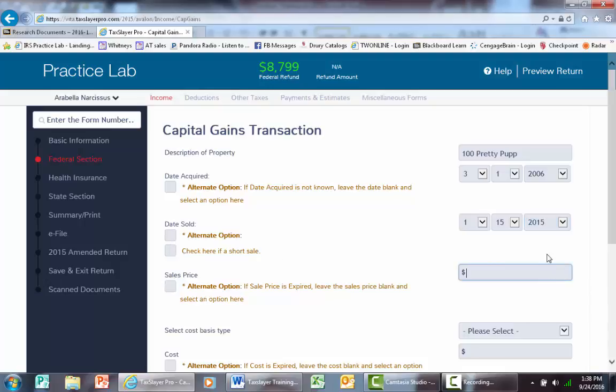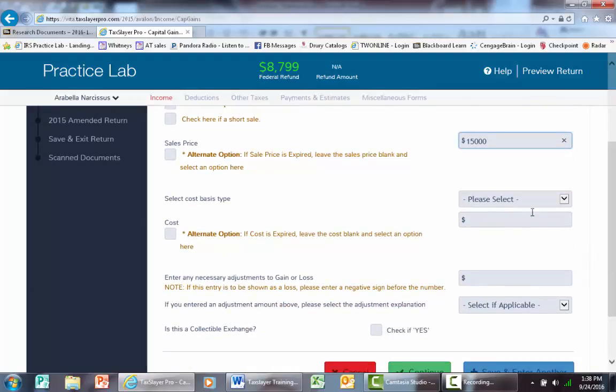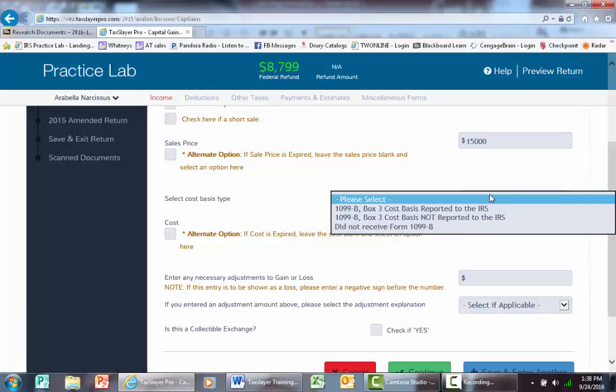Then we come down here to the sales price, and it says that they purchased it for $4,000, but we have to go back up to the gross income line. It tells you that we sold it for $15,000. Sold for $15,000, and then we select the cost basis type,